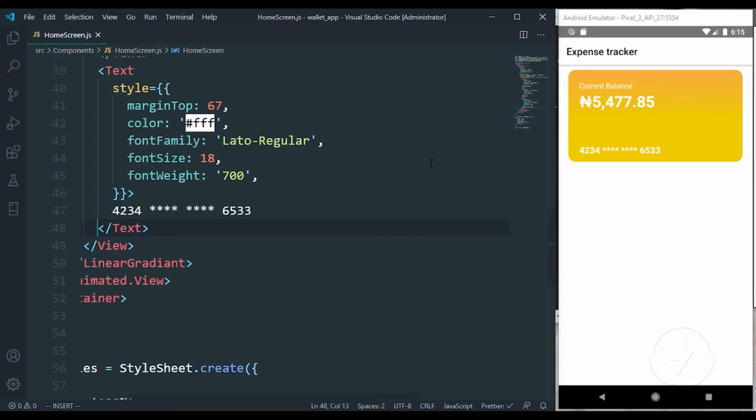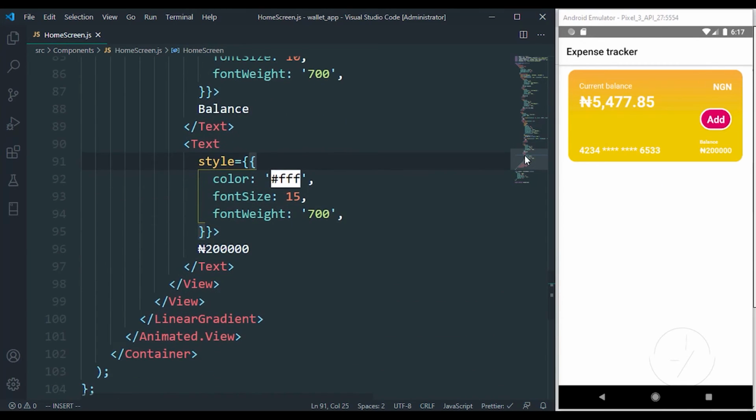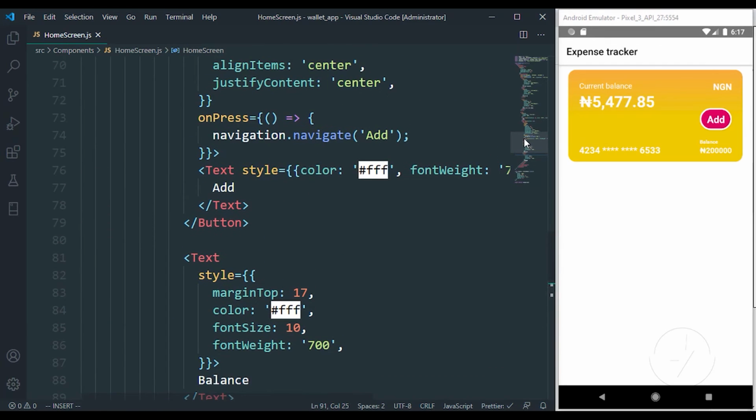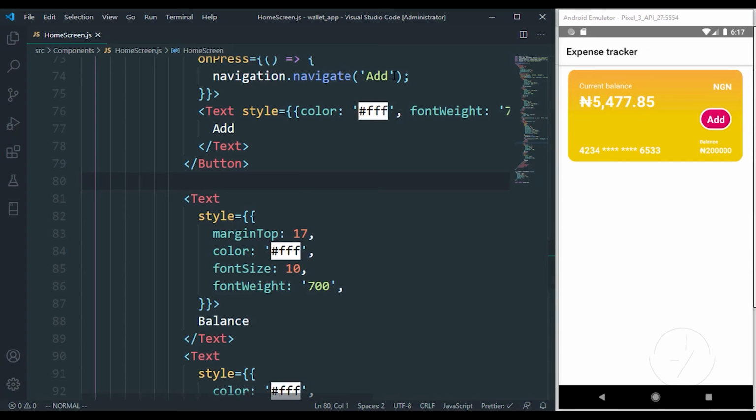So the right side, I'm not going to spend much time on that. I'm just going to grab that and paste that immediately. So right now you can see we have our complete card at the top, and that's it for that design. It's something that is kind of not really hard. That's why I just went the way of copying and pasting that. Let me just remove some code so that you don't get confused.